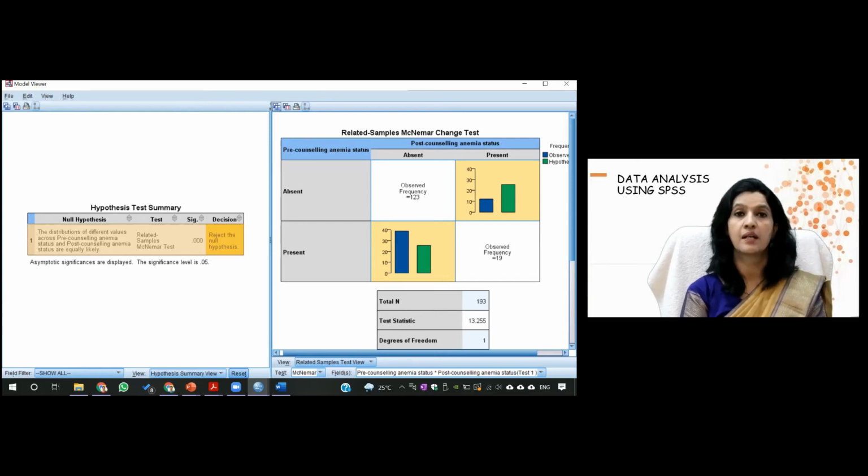This C is the proportion of people whose anemia was present, but after intervention, anemia was absent. So I want this C quadrant to be more in number if my intervention is good. It depends on whether you want a positive outcome or a negative outcome. For anemia, I want reduction in anemia, right? So I want this to be more in number.